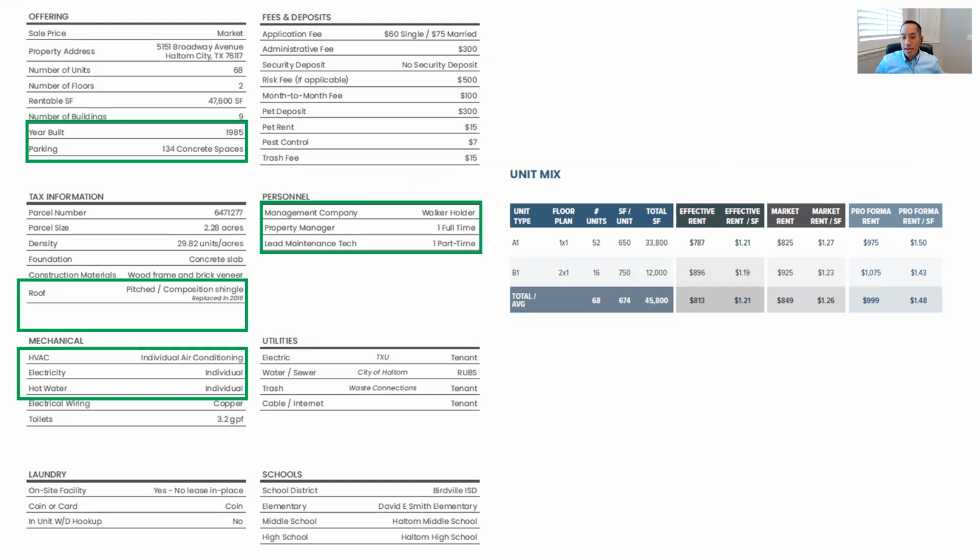Okay, and then on the right-hand side, we have the unit mix. So 52 ones and 16 twos. And then talk about where the rents are today versus where you think they can go. So today market rents are $825 for the 1-1s and for the 2-bedroom, 1-bath, $925. And I'm undercutting the competition. There's about a $185 increase over the whole, but I'm still undercutting them by at least $50,